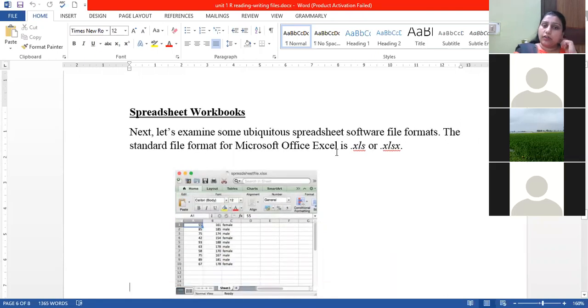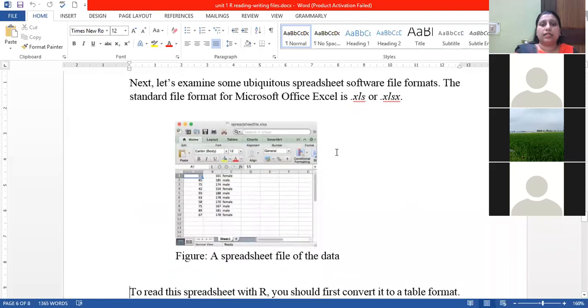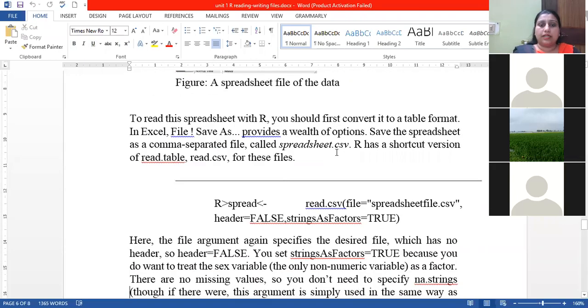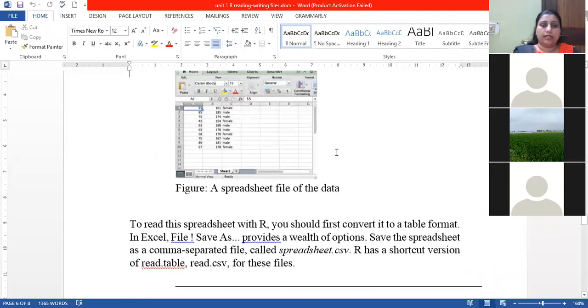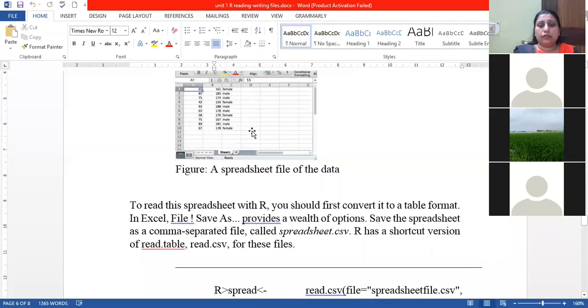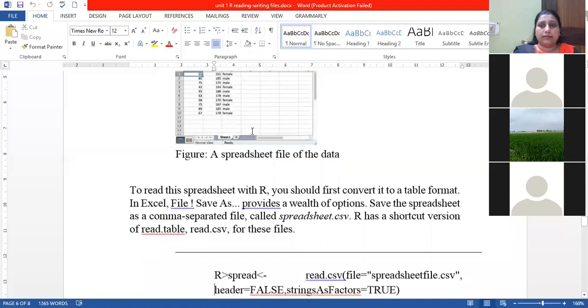Then we have the reading of spreadsheets. Spreadsheets are generally present in Excel. Because we don't have direct access to Excel, we convert it into a comma separated file. Suppose this is some Excel sheet. If you want to read it by using the command lines, then you have to convert it into a comma separated file.